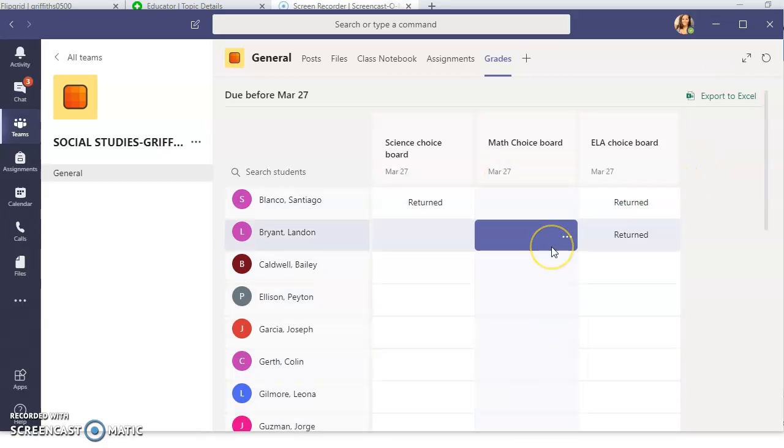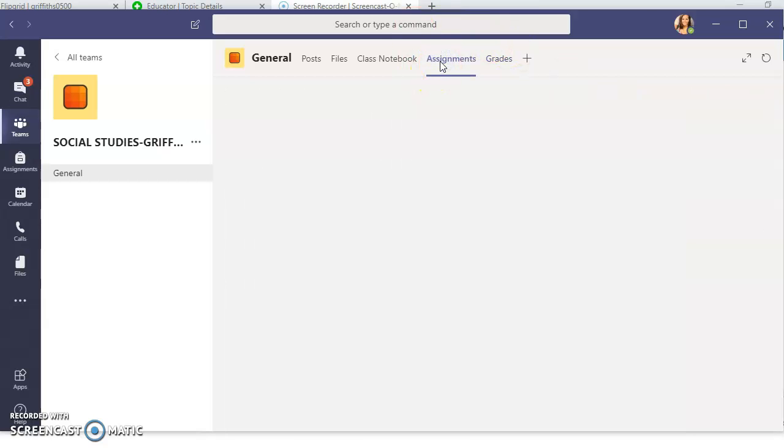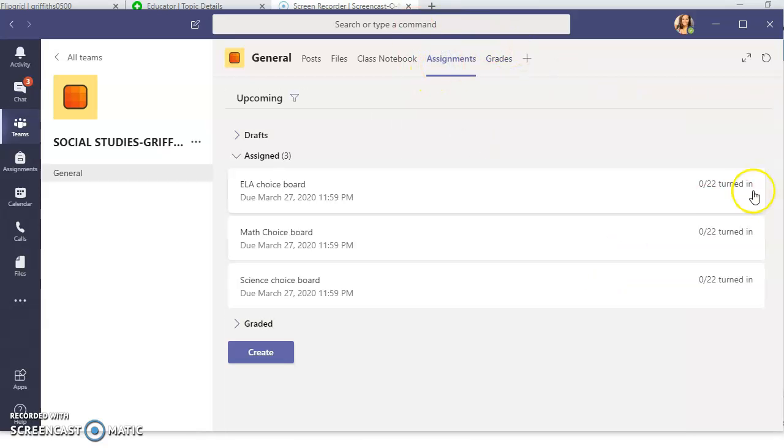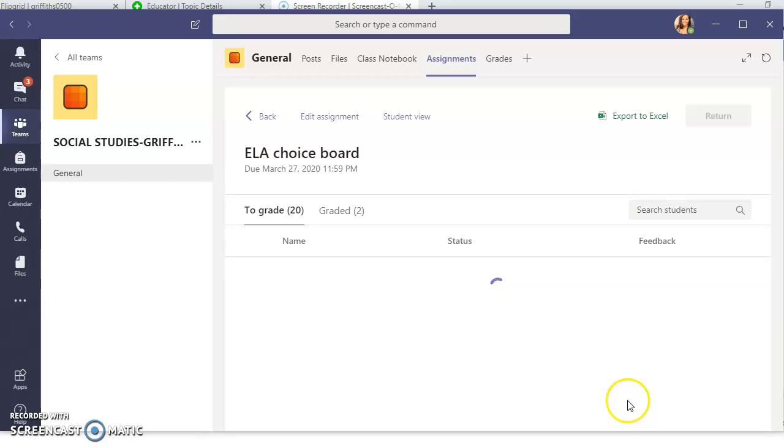So that way, if we do get to a point where we have to take grades, it'll all be here, and the students have the ability to look at theirs. Just like Beth said, she has access to everybody's notebook, but we only have access to ours. The same thing is true for them. They can only see theirs, not everybody else's, but I have the ability to look and exactly see how many have turned it in. And that still says 0 because they haven't actually turned anything in yet, even though I've returned it to them. And so when I click it,